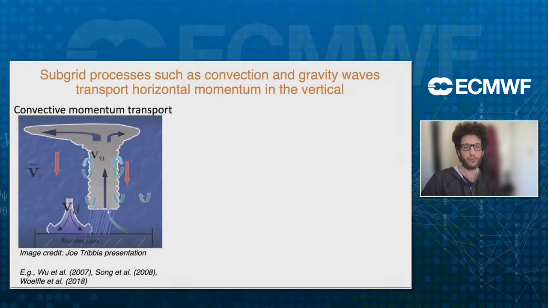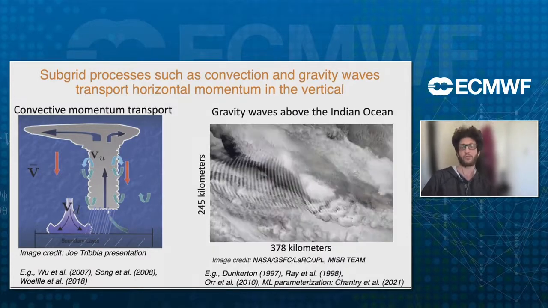The reason that we also want to correct the models for subgrid momentum transport is because convective momentum transport really affects the circulation. Just to name one thing that is really important, it can affect surface winds, and surface winds interact with the ocean and determine evaporation. So overall, convective momentum transport can really affect tropospheric circulation. And not only can convective momentum transport have a large effect on the circulation, we also have gravity waves. Here you see them as nice patches in these clouds. Gravity waves have a large impact on the stratosphere, on the QBO, and so on. So these are two processes that are subgrid in current climate models, and we need to somehow represent the subgrid momentum transport due to these processes.